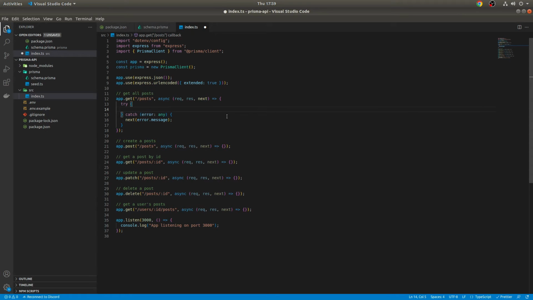So let's actually return all the posts. We can do const posts equal, and then do await. Now, await is very important. I made this mistake earlier. I didn't await and it didn't return anything. When you're doing stuff like this that interacts with the database, you need to await because you won't actually get the data back. Well, the data will come back, but you'll have already returned the request. So just make sure you do await